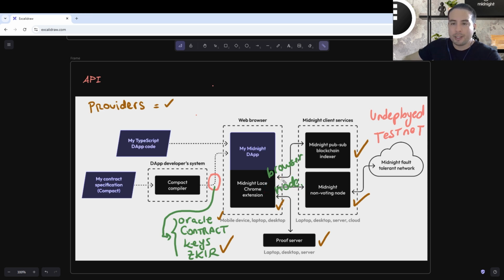And also, depending on the network, that could be undeployed if we're going to host the instances ourselves, or if we're going to run on the testnet network, that is going to change the way we configure this wallet. So if we go back to the code,